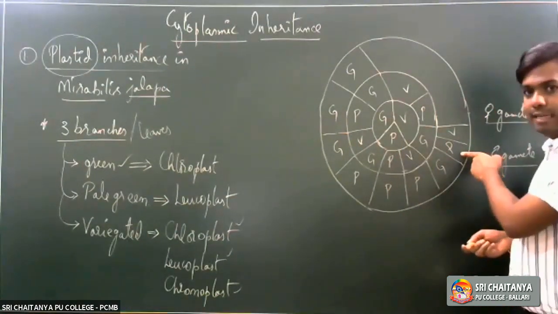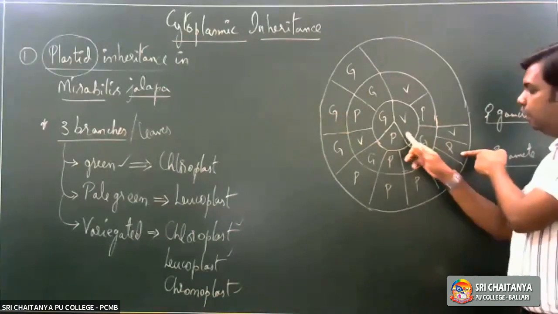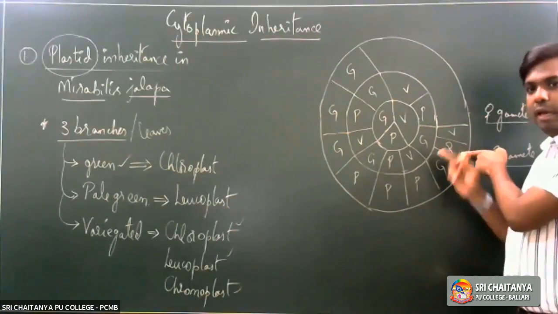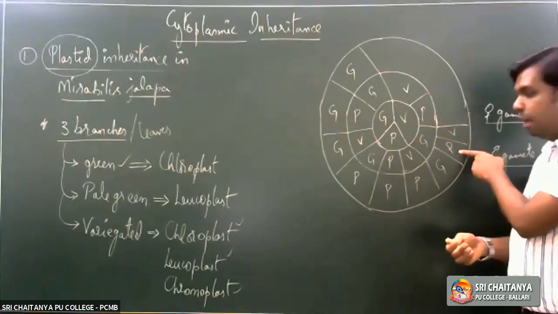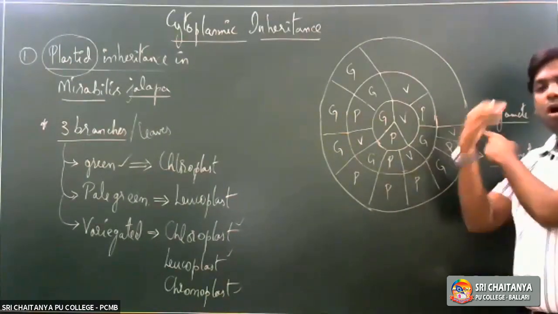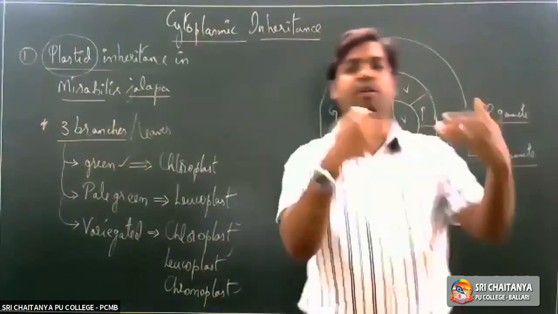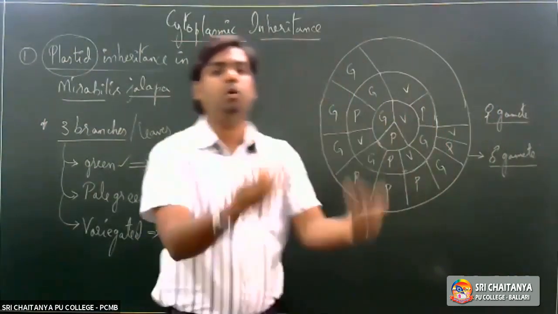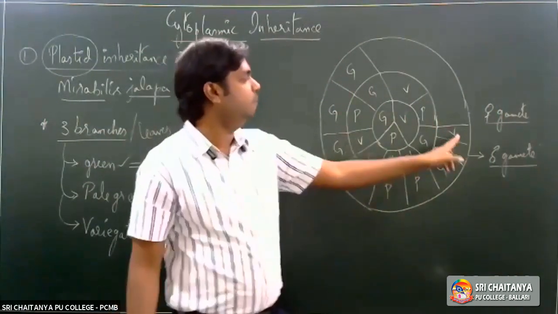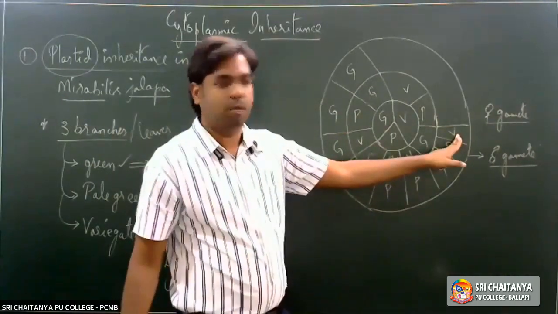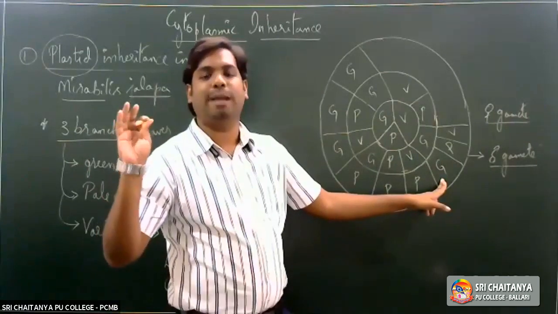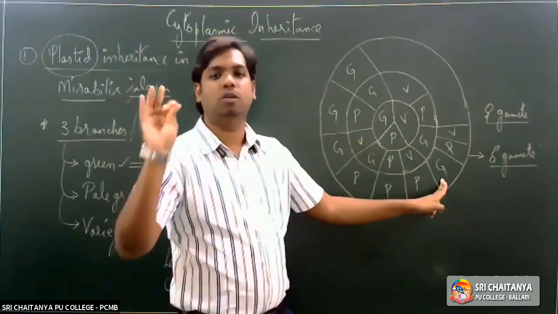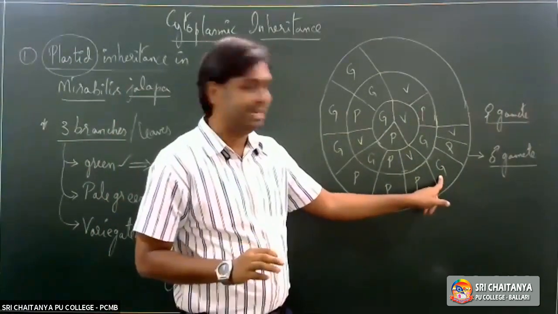In the second case, the type of plastid entering into the zygote is said to be more. That is, leucoplast is said to be more in the second case. In the third case, if all three types of plastids are equally distributed, if they equally go into the zygote, then this would be the case here, variegated. So in case of green here, what does this mean? The maximum amount of plastids going into the zygote is the chloroplast. That's the reason why it is green here.